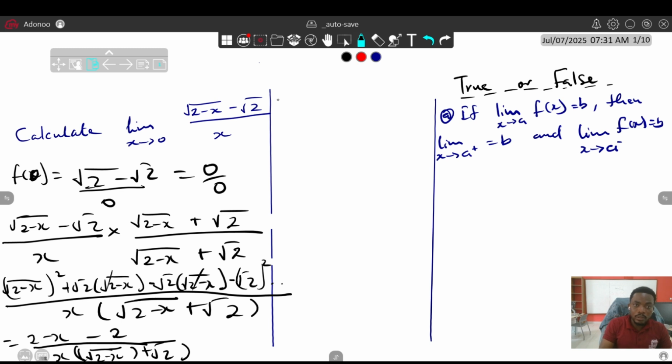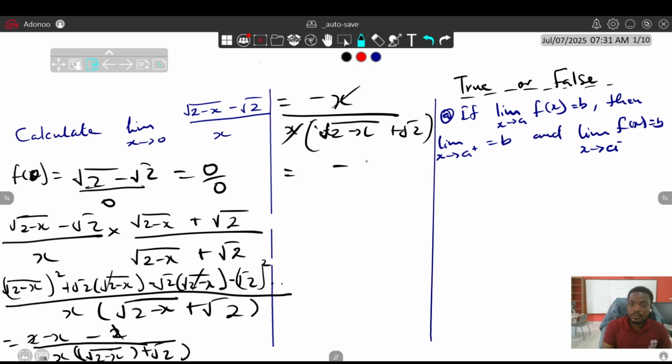So to continue, for the numerator, these 2 go away. So we have minus x over x times square root of 2 minus x plus square root of 2. So x goes away, we have minus